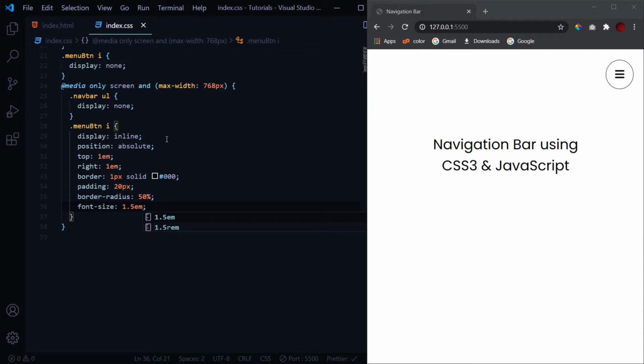Now we'll be giving it a neumorphism effect. So if you want to know what is neumorphism and how you can give the effect of neumorphism to any object of a web page, then you can go to my playlist of neumorphism where I have taught what it is and how you can use it. I will give a link in the description, and you can also click on the link above.